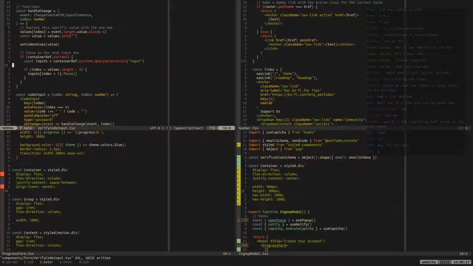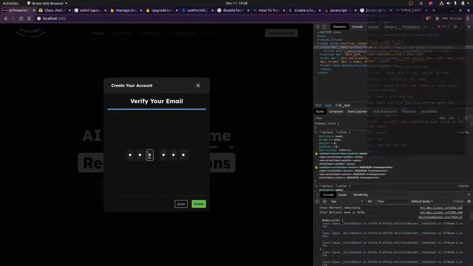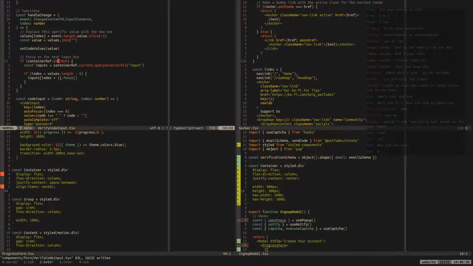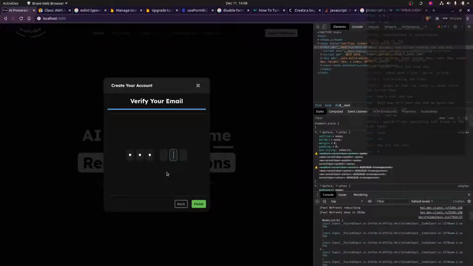But now we need to figure out if we're deleting something. And actually, let me see, because oh, interesting. Yeah, we do need to detect deleting because we're just constantly going to the right. So we want to say and